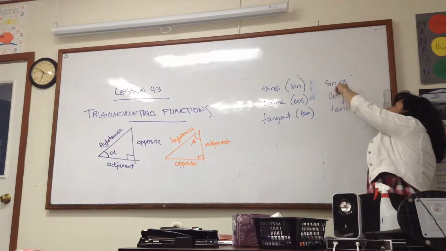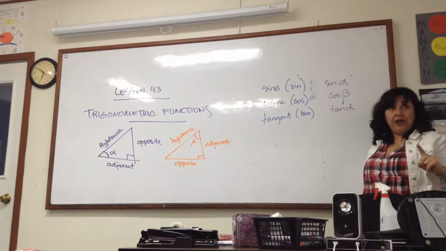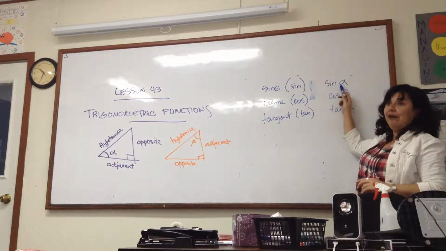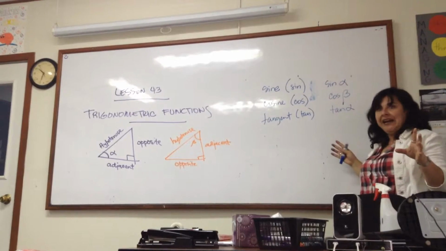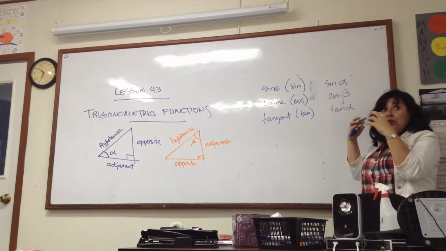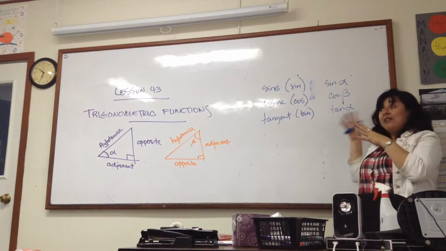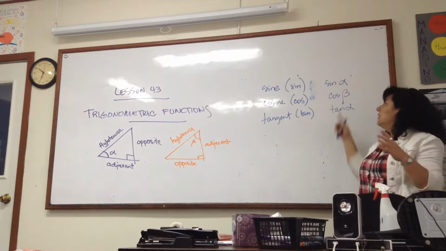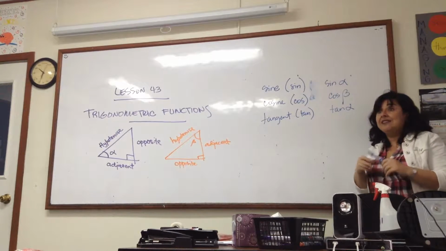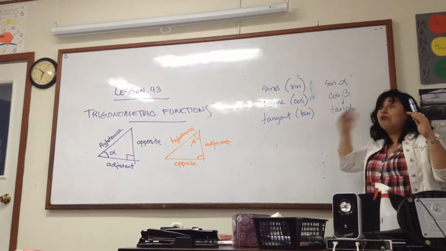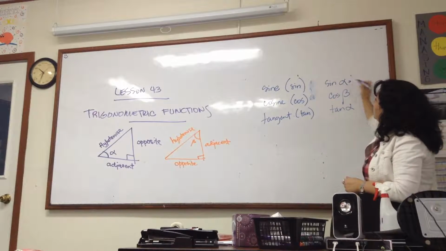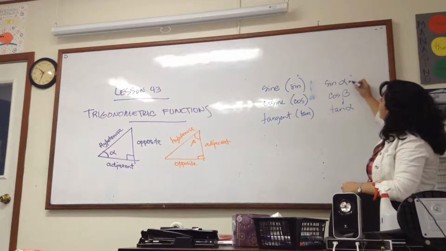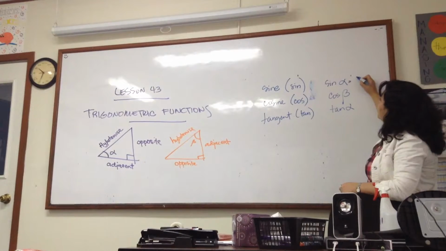Now, this is not multiplying. You can't get rid of the alpha by dividing it by alpha. This goes together. So if you just have a sine without an angle, there's something weird going on. And this represents a ratio. What ratio does sine represent? It represents the ratio of this opposite side